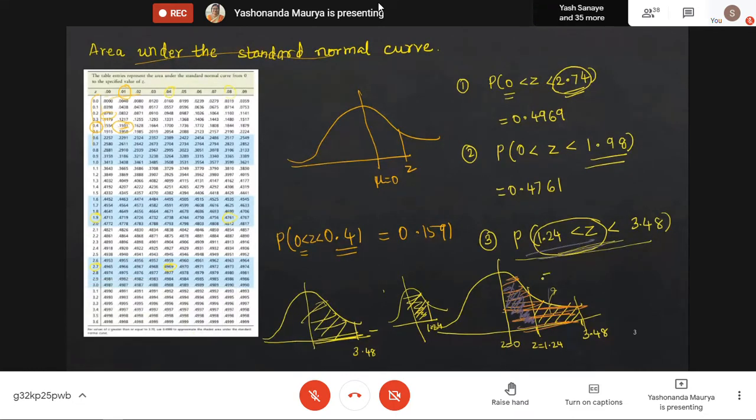Okay, so how do we find this one? This will be probability that Z lies between 0 and 3.48 minus probability that Z lies between 0 and 1.24. Okay, so what is this? We'll find this value from the table, because the table always gives us the value from the origin. So what will be this value? 3.48. 3.4 here and 8 is over here. So I'm talking about this value, 0.4997